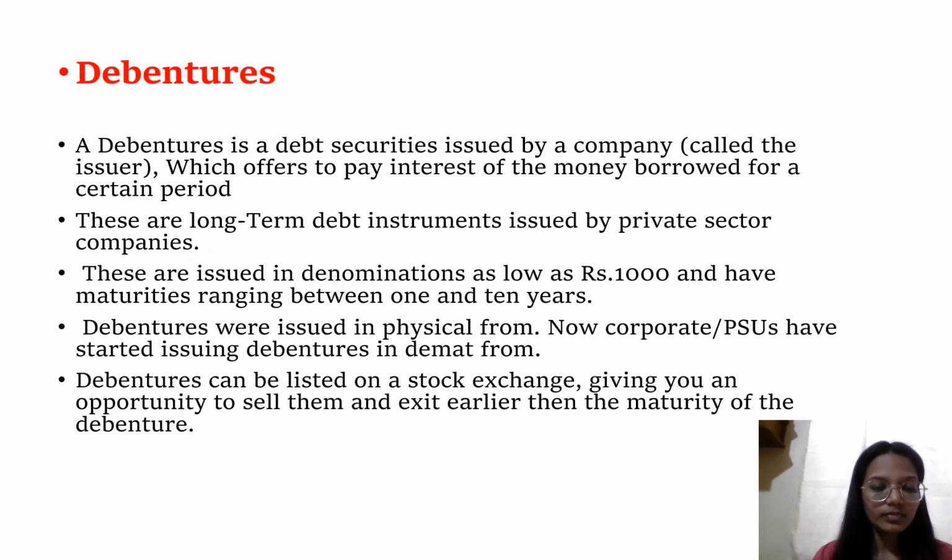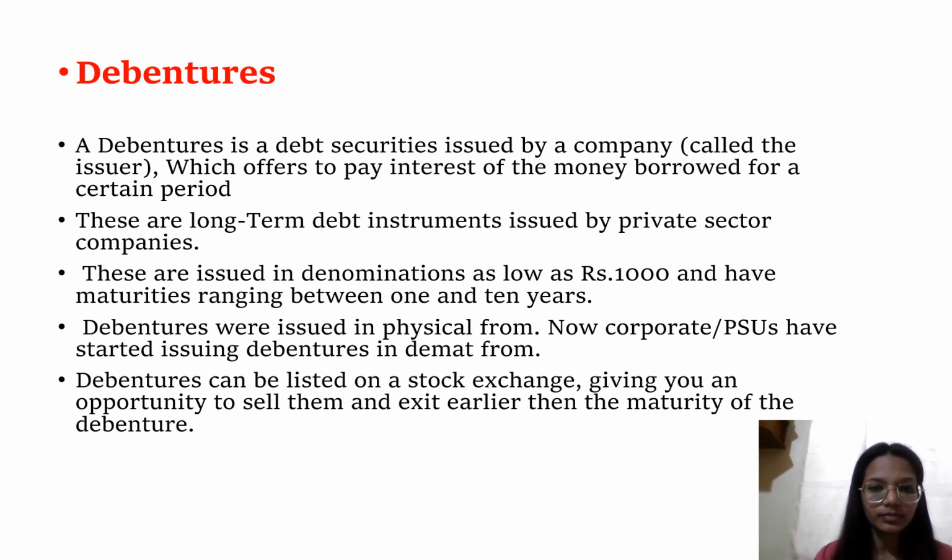Debentures. A debenture is a debt security issued by a company, which offers to pay interest on the money the company borrowed for a certain period. These are long-term debt instruments issued by private sector companies. These are issued in denominations as low as rupees 1000 and maturities ranging between 1 and 10 years. Debentures were issued in physical form. Now corporate and PSU issuers have started issuing debentures in demat form. Debentures can be listed on a stock exchange, giving you an opportunity to sell and exit earlier than the maturity